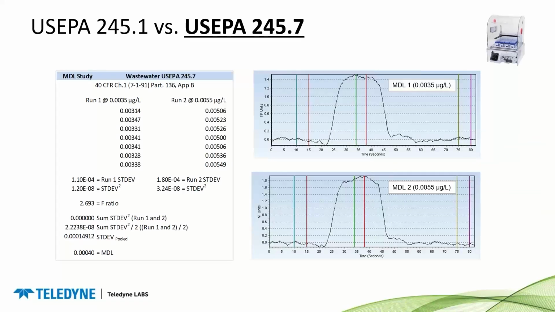So here is data that I collected while I was making an application note on the M8000. This is using 245.7 as the base method, but I extended the range quite a bit up to 10 ppb. The typical highest range is 100 nanograms per liter. But I wanted to see if the system could retain its sensitivity at low levels while using a really wide dynamic range. So for my method detection limit study, I used 7 replicates each of 0.0035 and 0.0055 micrograms per liter,